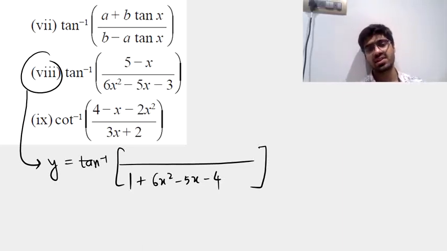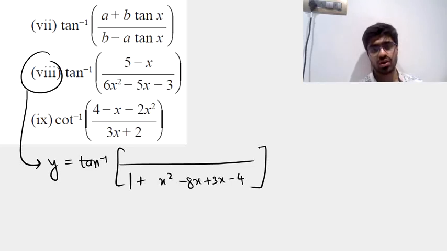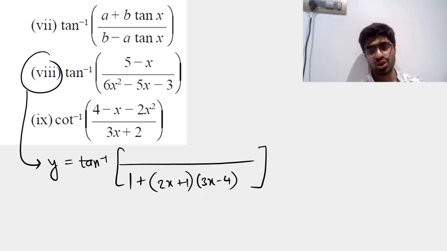When you try to factorize them, 6 into 4 is going to be minus 24, and the middle term will then be written as minus 8x plus 3x. So we have minus 8x plus 3x minus 4. Take 2x common from here, so one bracket will be 3x minus 4 and the other bracket will be 2x plus 1. So 3x minus 4 and 2x plus 1. That's how you can factorize the expression you've just got.